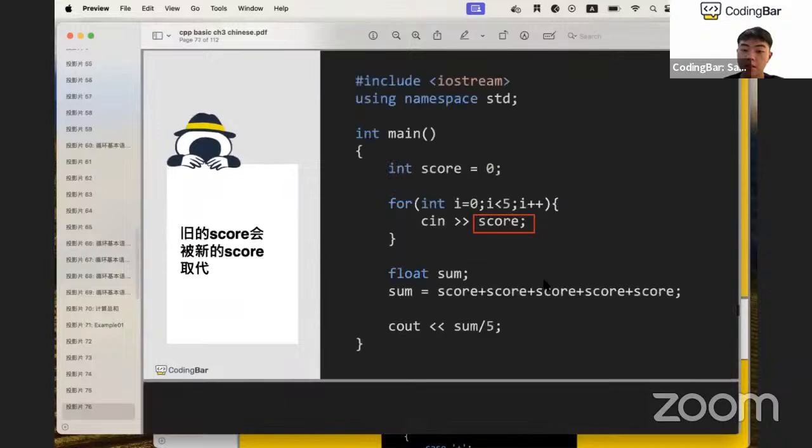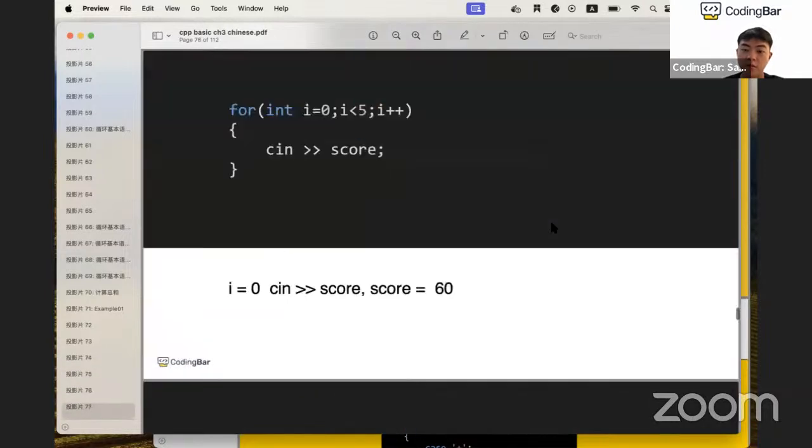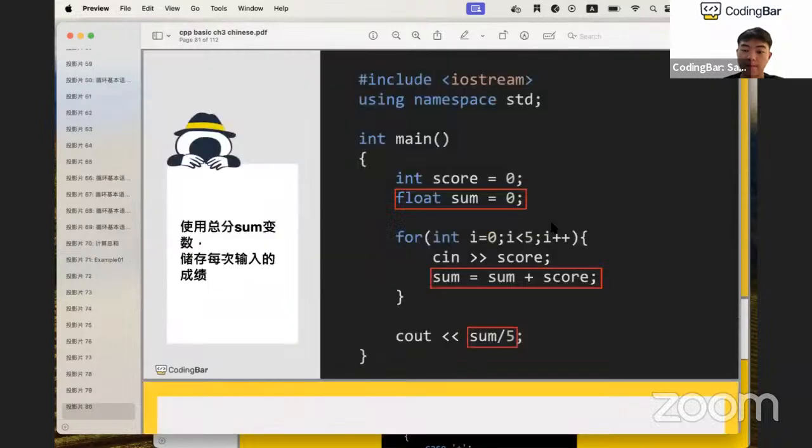So to make this correct, every time when we read in a score, we have to manipulate the sum. We have to calculate the sum every time we read in a score. So we can define a sum up here, and then every time when a score is read in, increase the sum as well. So after we loop for 5 times, the sum will be the actual sum, and then we just divide it